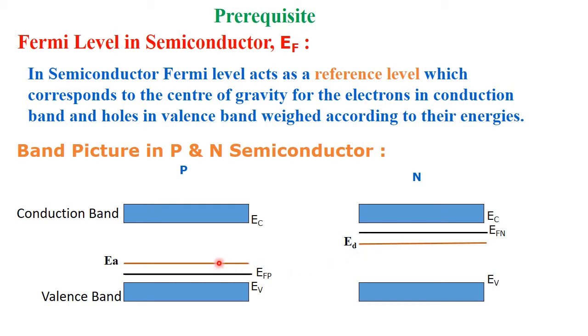But if you start increasing the concentration of acceptor impurity in p-type semiconductor, the separation between the acceptor impurity atoms in a germanium or a silicon crystal structure will start decreasing, and because of that the single energy level of acceptor impurity will get converted into the energy band. And hence as the size of the acceptor impurity energy band goes on increasing, the Fermi level will keep on shifting in a downward direction and it will go in a valence band.